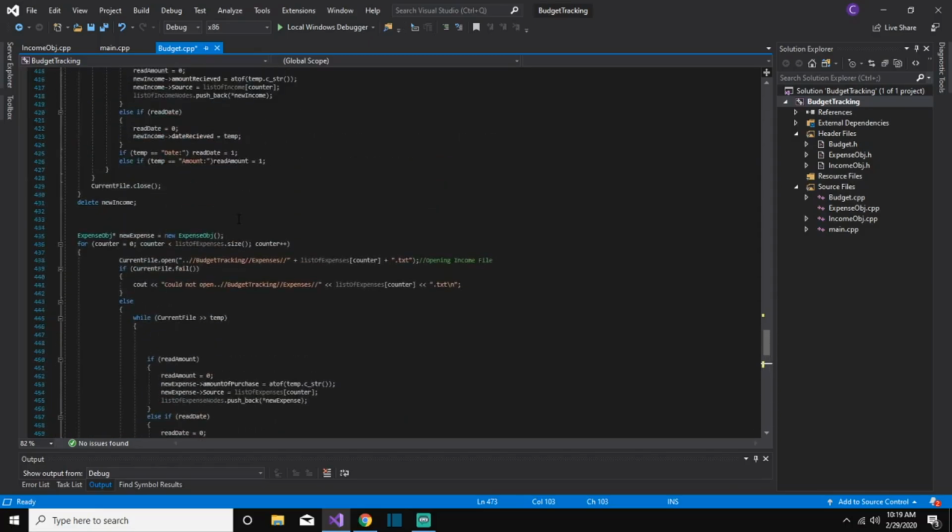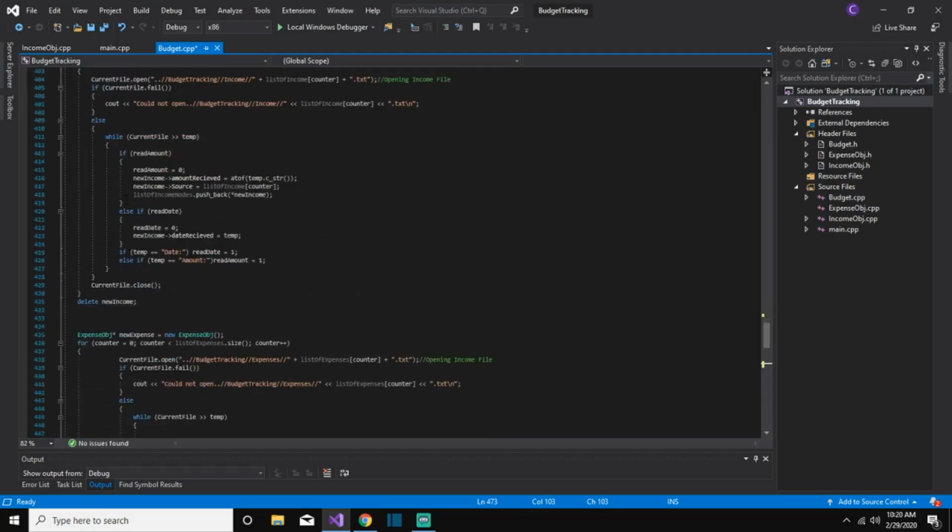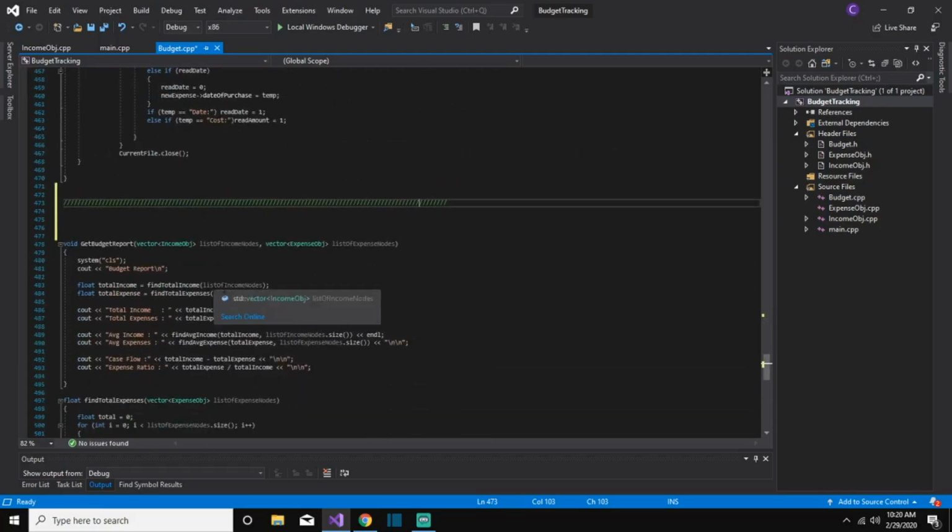So if you don't know what this code is doing generally, go take a look at that video. I'm going to do the same as last video, not go in super detail, but just explain the concepts behind all this. We have a function get budget report, and this is just going to give us